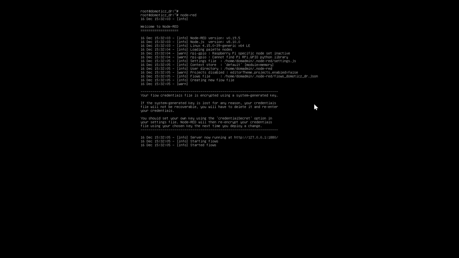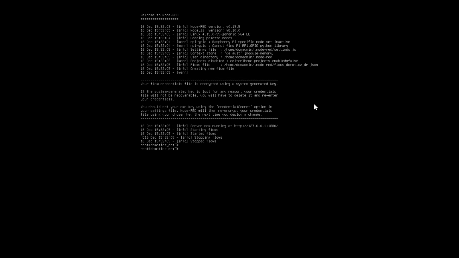Right, now to make node-red run, we just simply say node-red, and there it goes. And I'll switch around to the console in a minute. Now, in the meantime, while I'm still on the command line, I am just going to show you how to make it run as a service so that it starts up with the system. So we're going to edit using nano,